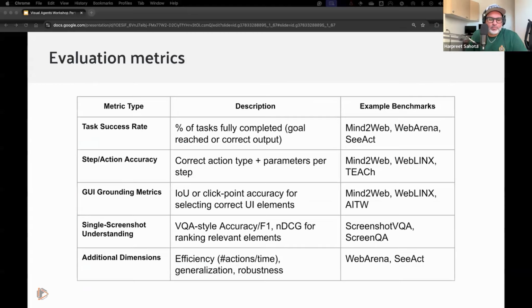All right, so speaking of the types of evaluation metrics that are used, I want to talk about evaluation metrics from historic research, if you will, and then more recent research. When evaluating a GUI agent, at the top here we have success rate. This is typically the primary metric and measures the percentage of tasks that are successfully completed from start to finish. So it's assessing if this GUI agent is achieving the overall objective, whether that is posting a comment